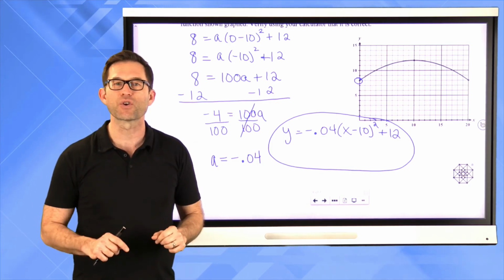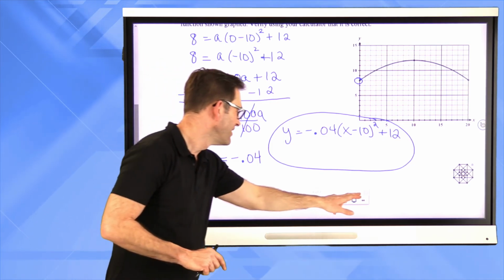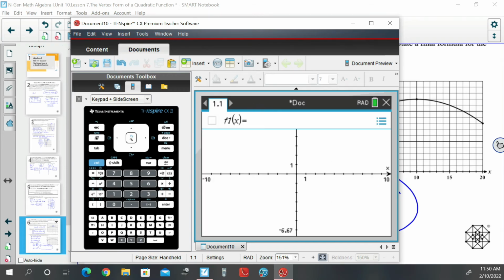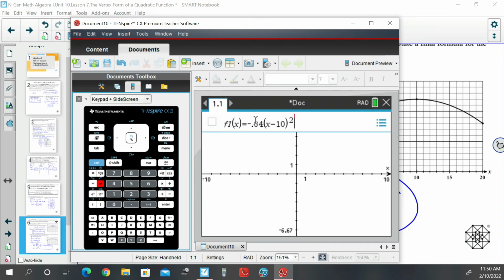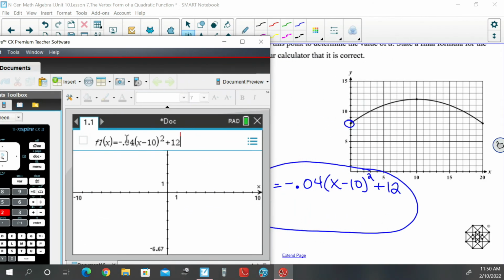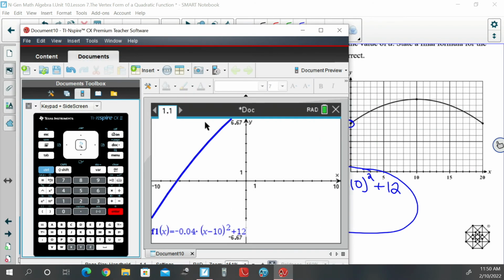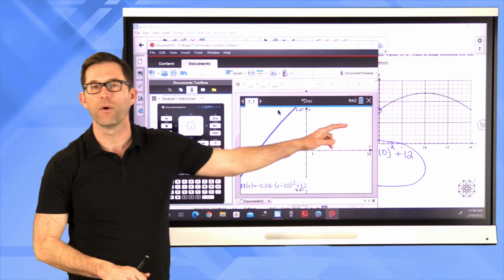But let's make sure it's correct by putting it in our calculator. Let me bail out here. Let's open this thing up. Again, one last time with a brand new document. Let's add a graph. All right, this is going to be negative 0.04 times (x minus 10) squared plus 12. All right, let's just make sure that's right. Negative 0.04 times (x minus 10) squared plus 12. I hit enter. Now, of course, that doesn't even vaguely look like what my graph is over here because the